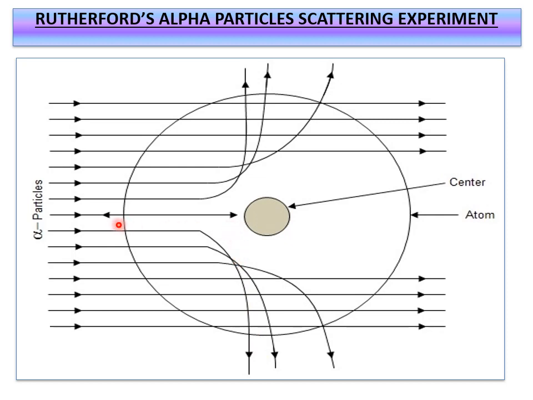And when a particle strikes at the center, what happens? It is retracing back. This is the center, and this is what I have told, that only one atom, if you consider, the same thing happens for a single atom also. In the before case, we discussed a group of atoms of the gold foil, and here only a single gold atom. I hope you have understood this also.